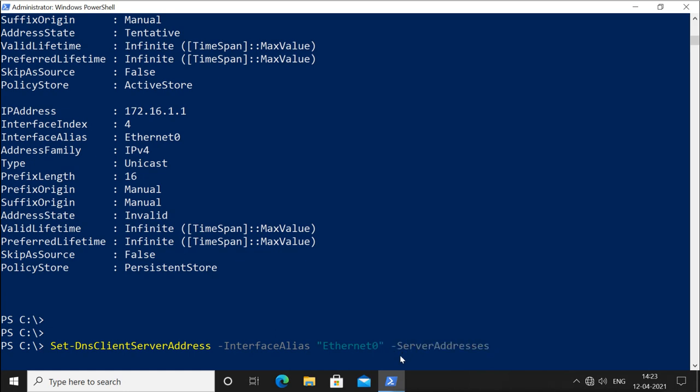You can configure one address or multiple addresses. I am configuring one and it is done. So this is how we can configure IP addresses by using PowerShell.